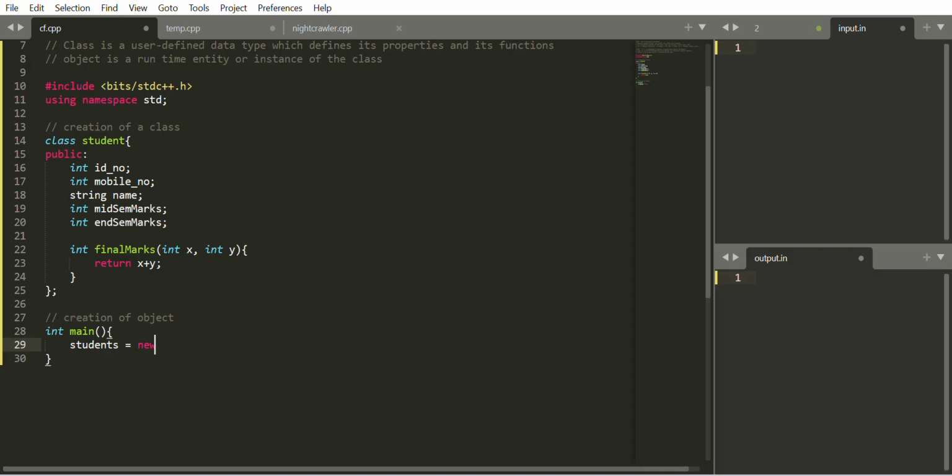Okay, student equal to new. When we have the logic of this new function, then mostly we use pointers to get a better concept. Okay, so I will just create student s1, and I will just write